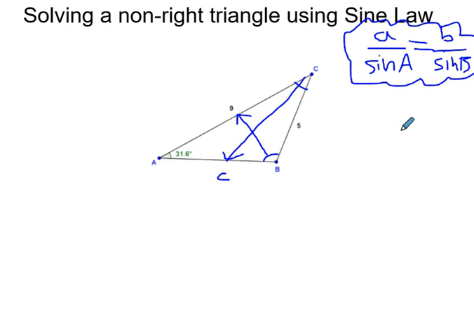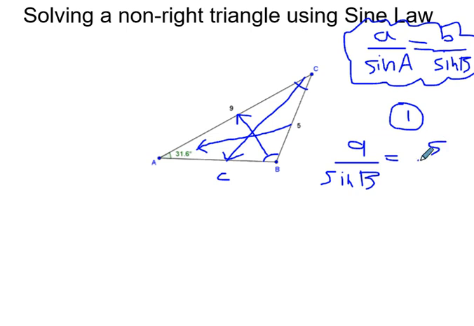So we're going to start step number one. We're going to start with this. So we know the side in front of angle B. So 9 over sine of B has to be equal, and then we need to take two other ones that we know. So we know these two here. 5 is the side that is opposite. We're going to use sine of angle